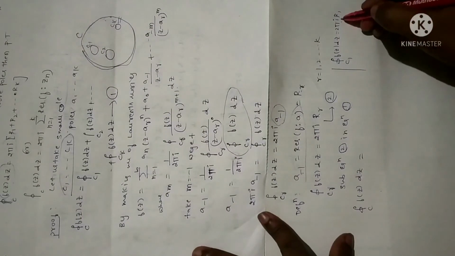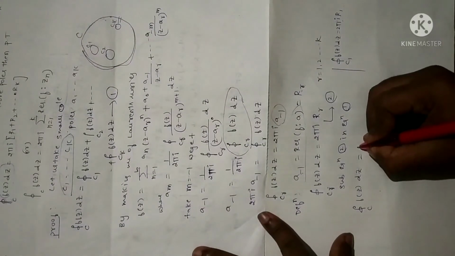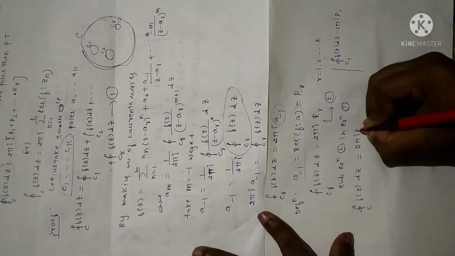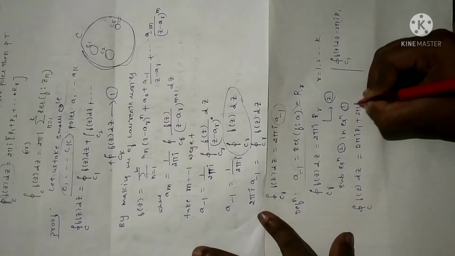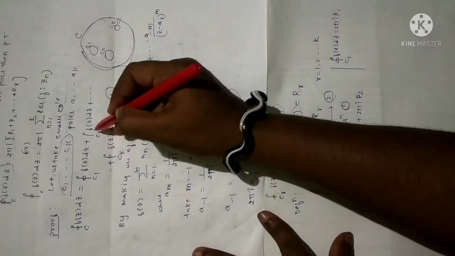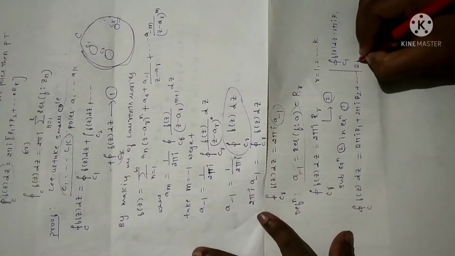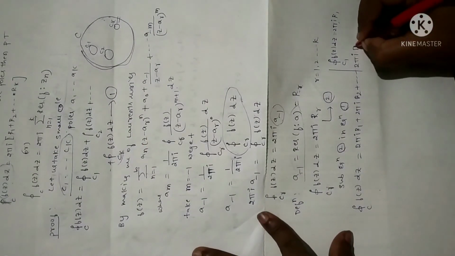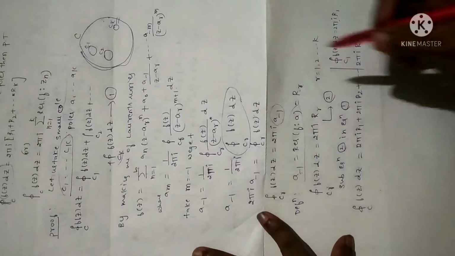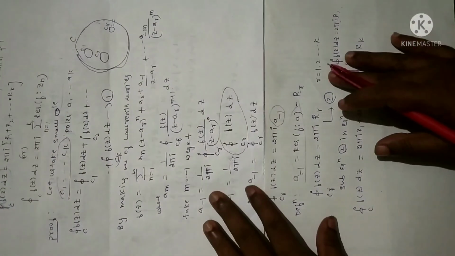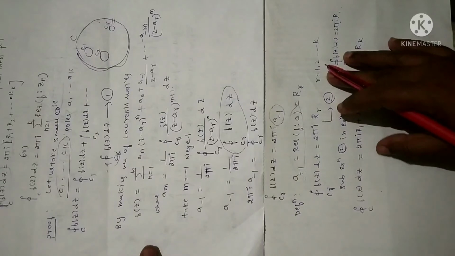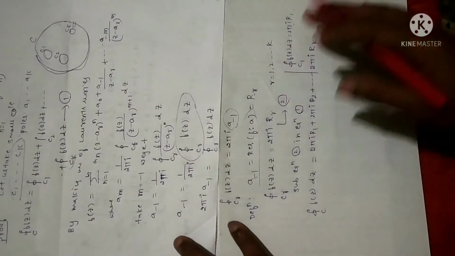Right? Similarly, r is equal to 2, you will get 2 pi i into R 2. I'll just write here 2 pi i into R 1 plus 2 pi i into R 2 for the second term, plus so on, 2 pi i into R k, from equation 2. See, all these steps are not clearly mentioned in the notes. You have to go through the video properly. Then only you will understand.